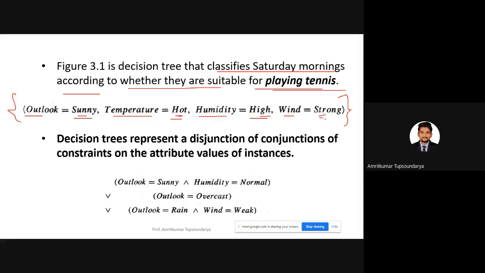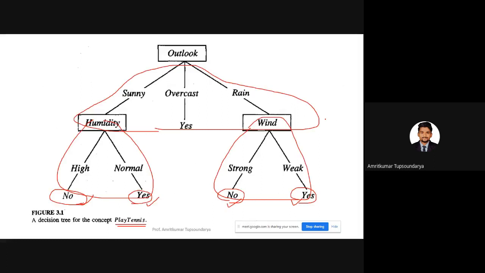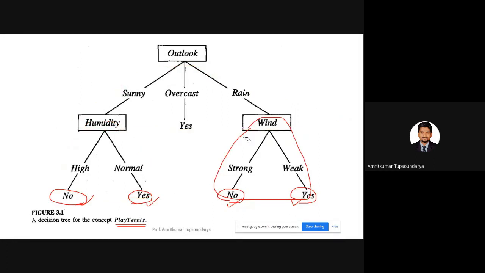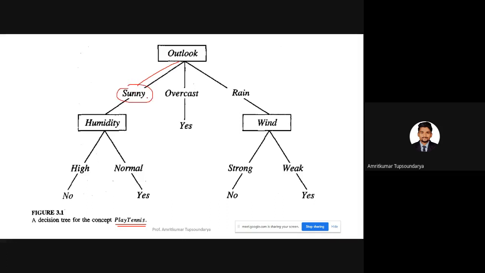So when we go back to the diagram here, and let me erase these things so that we are more clear. Okay, so this is our decision tree, and as you can remember, outlook was sunny, right? So if it is sunny, next in our tree is here. Temperature is hot. We don't have that attribute here. For the time being, we don't have the attribute temperature, so we are not checking the value of the temperature. So it's a don't-care condition, you can say.